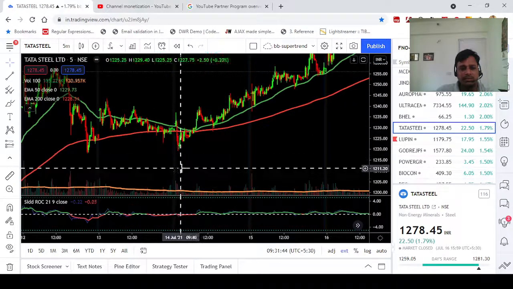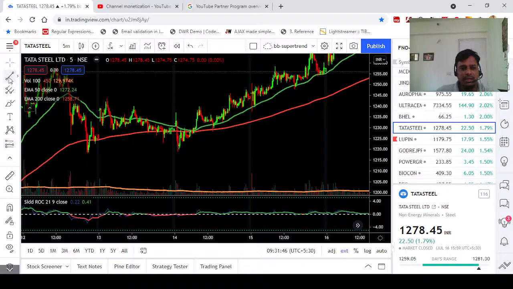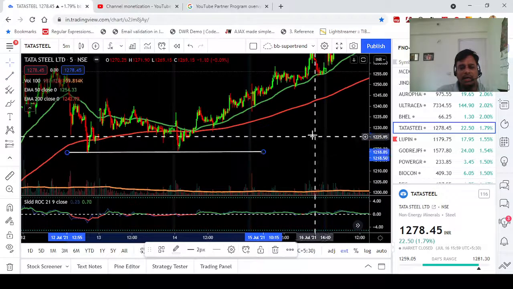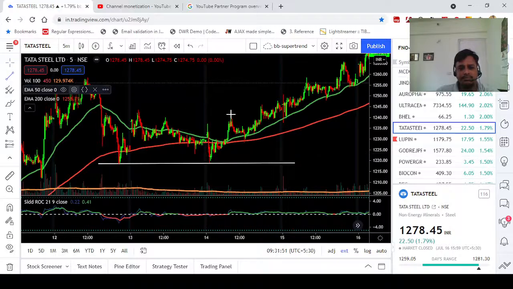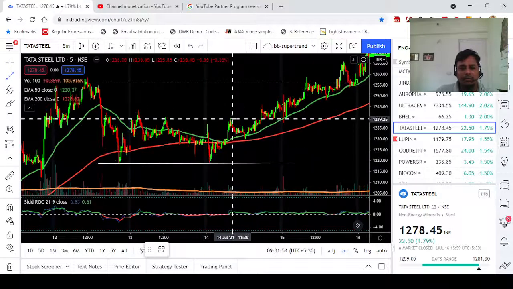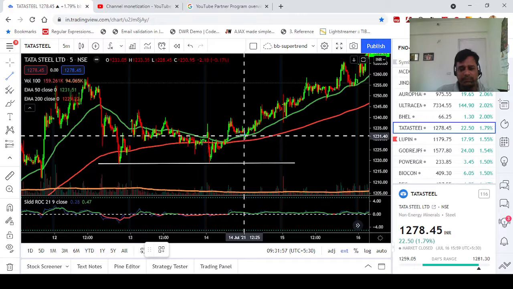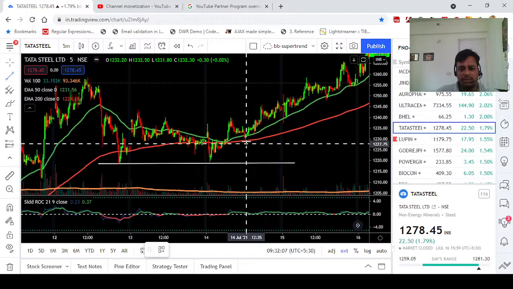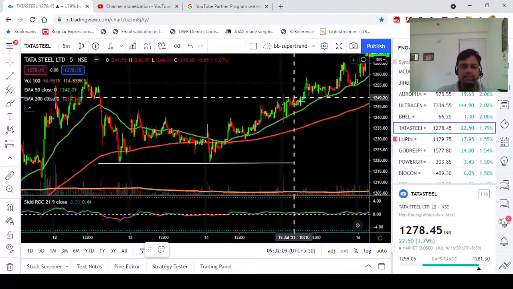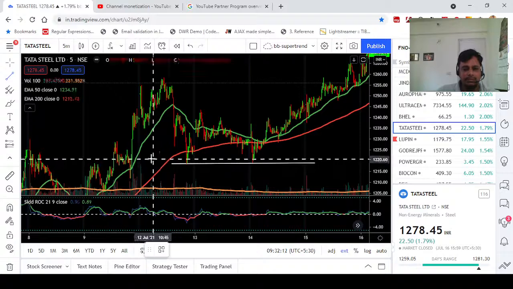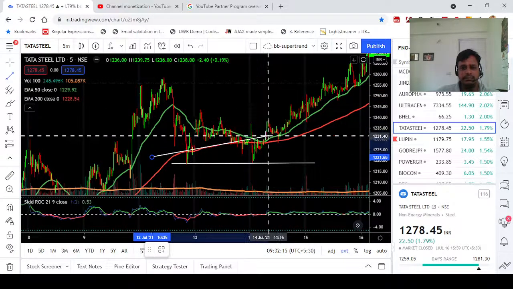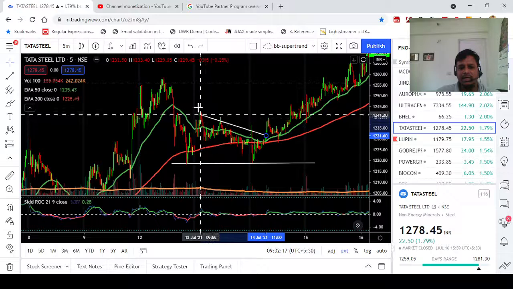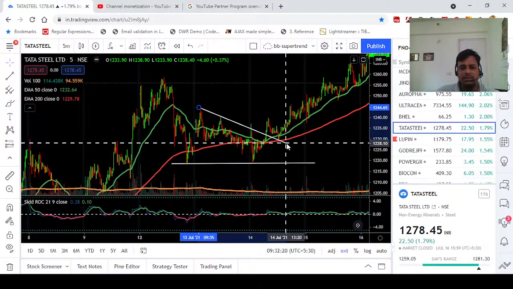Let's say this one. If you see here, a double bottom was there. In the double bottom it took very good support, and after the support it moved up. It took the support here in the pullback, and here you go for a long, and your stop loss is 1%, and target is 2 to 3%. Okay, you see that here exactly the triangle breakout is also there.